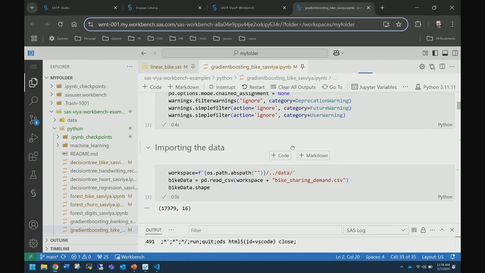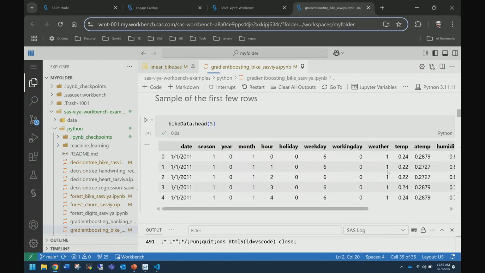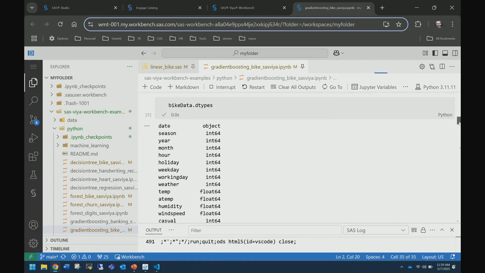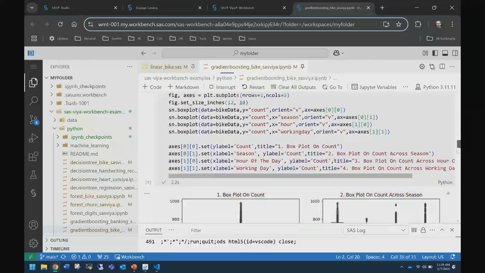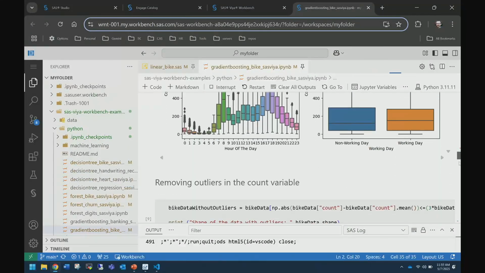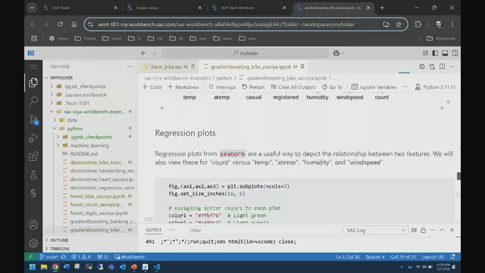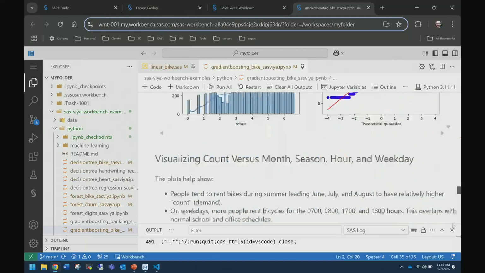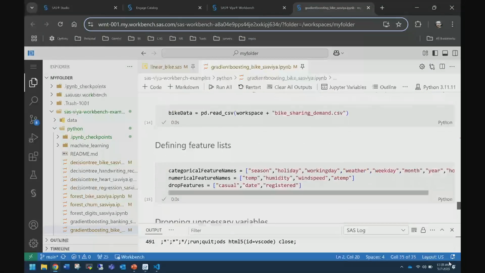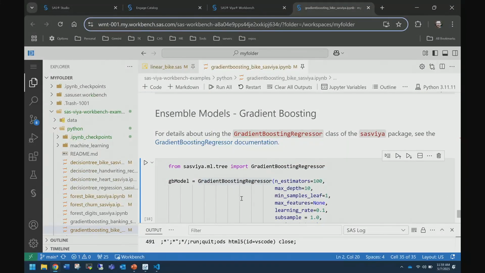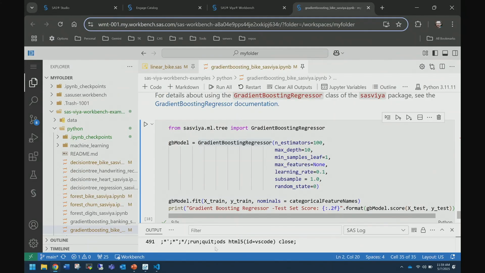It's the same data set for this bike sharing company, and it's running various things to calculate what it wants to see for that. However, what's important for my demo is if we scroll down here to the bottom, it is using our new SAS VIA ML Python packages.